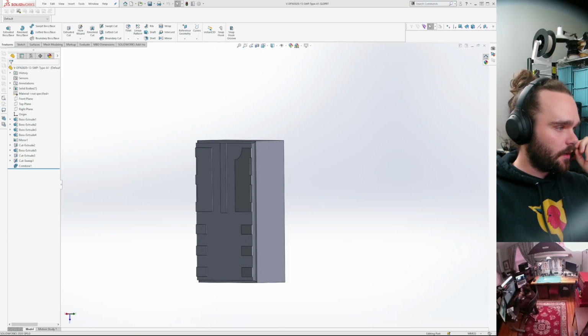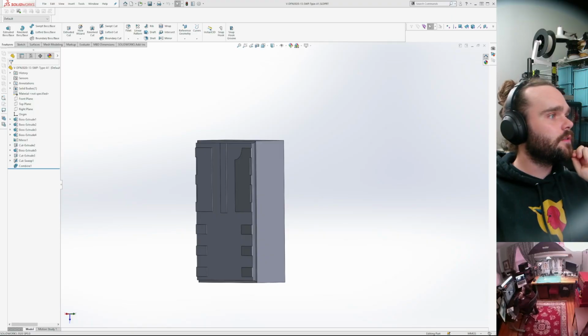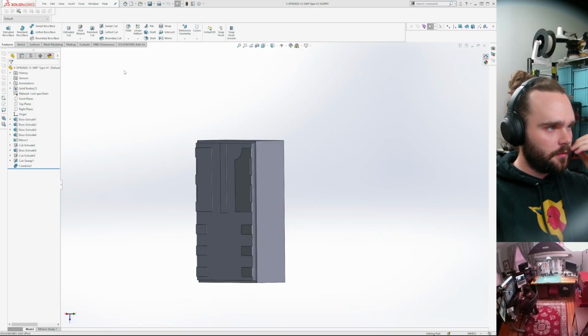So let's try to import one of... okay, so this is my latest one. So I'll show you what happens. We're going to go back into SolidWorks, File, Open.